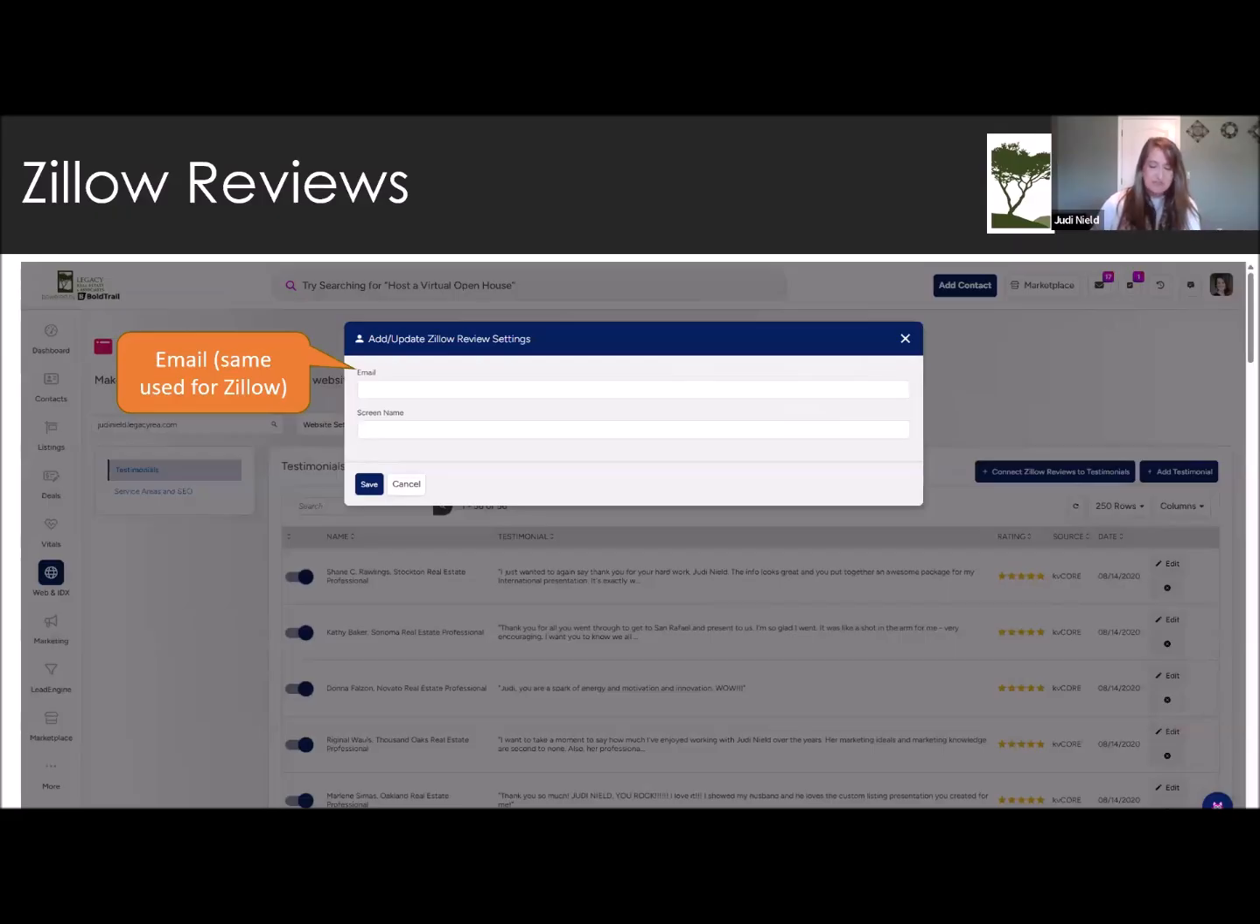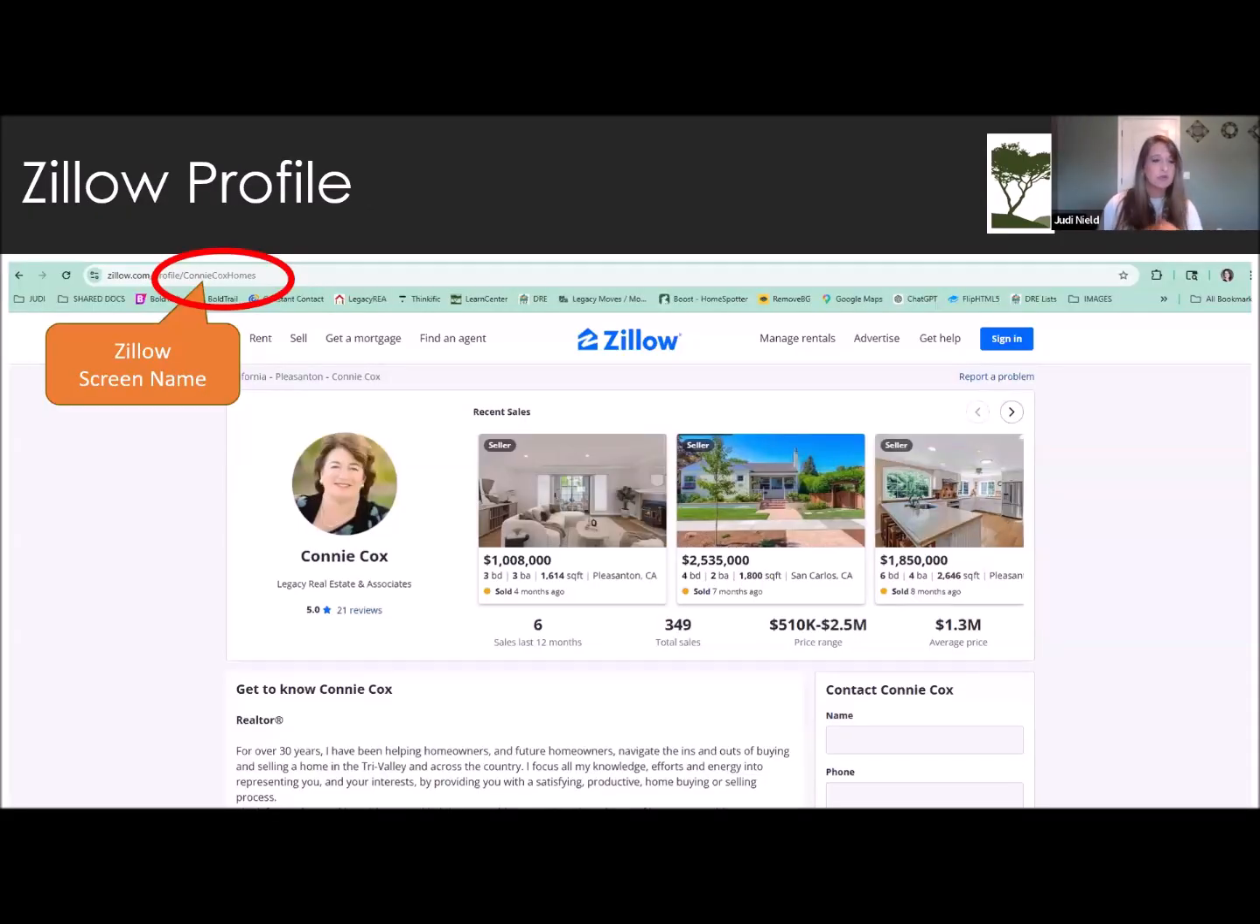To add reviews, if you've already got them there, you can click on the Connect Zillow Reviews to Testimonials and add either your email address, the same one you use for Zillow, or your screen name. To find that, you're going to want to go to your profile on Zillow. Now we're going to talk about it if you don't have one, but it would just be the extension at the end. That's your screen name. You'd put that screen name into your BoldTrail account and it would automatically populate all of your reviews onto your